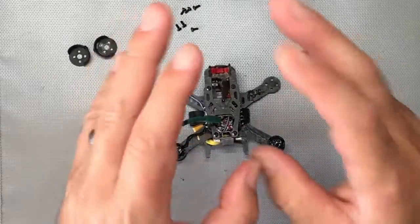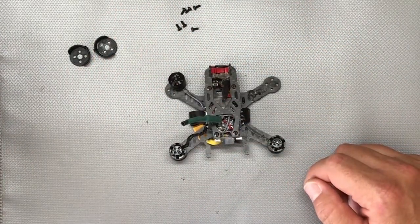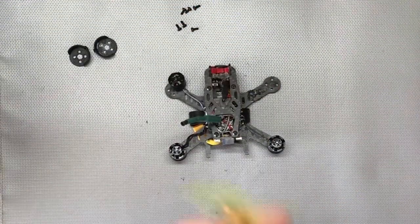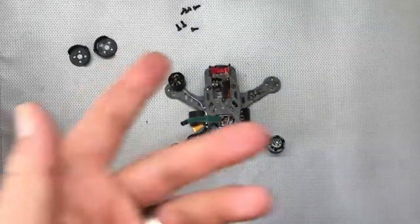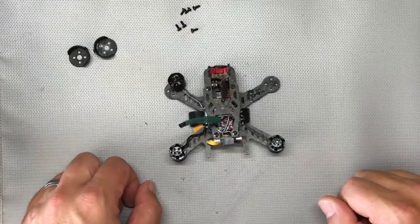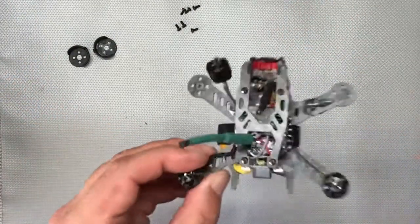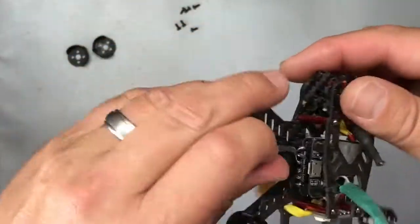But I'm going to continue with this video, and then later today I'm going to put all the guts of this into a Flyegg 100, which I already have, my custom Flyegg 100 and my custom everything else. I've got a Flyegg 130, but we're going to take the guts of this after this video and put it in this Flyegg. So let's start this off. Let's assume I got to replace a motor. I got to put one here, and let's just assume this one's bad too, which it's actually not, but this